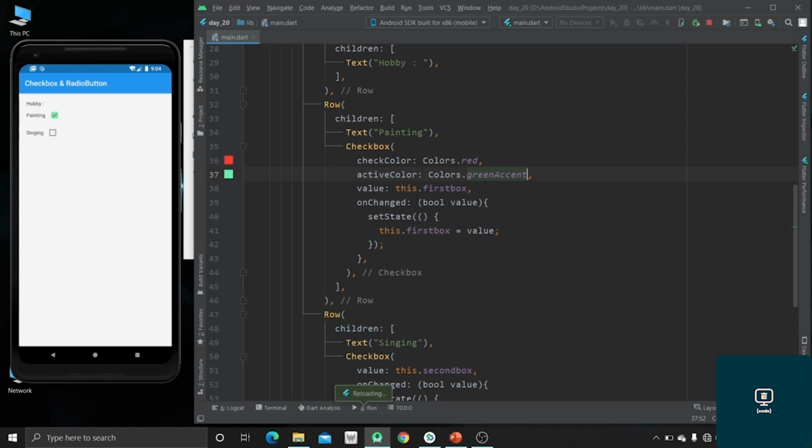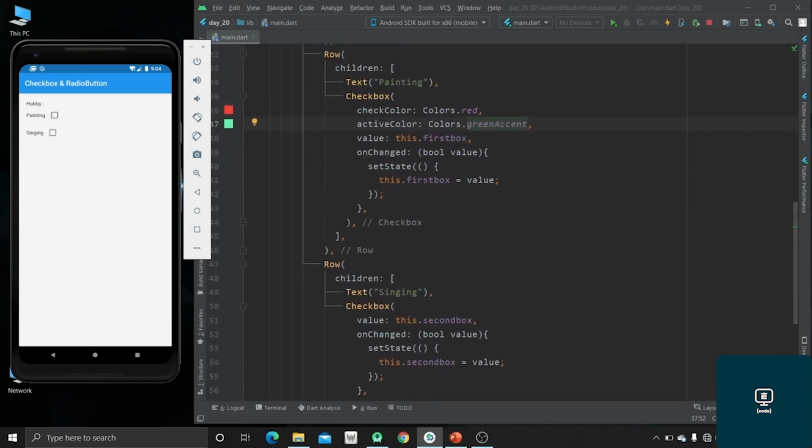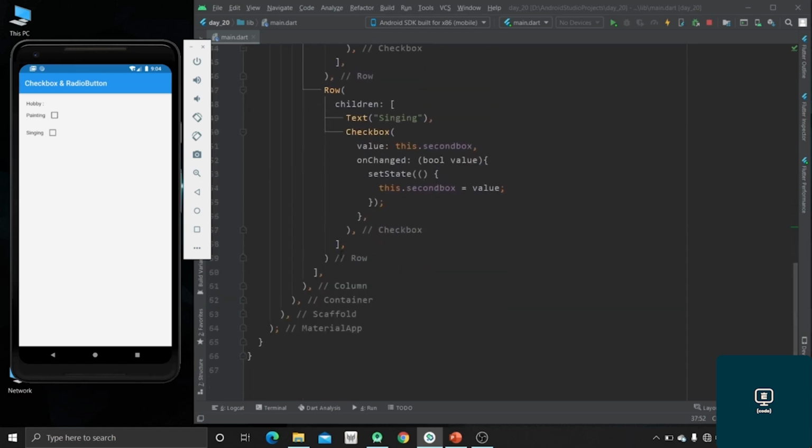Now just hit Ctrl S, and now you can see this box is having green color, that is the active color, and the tick mark which is the check color is having red color. By default the checkbox is having blue color and the tick mark is having white color. So we can change its color by using this property. So this is the one widget through which we can create a checkbox, and one other one is